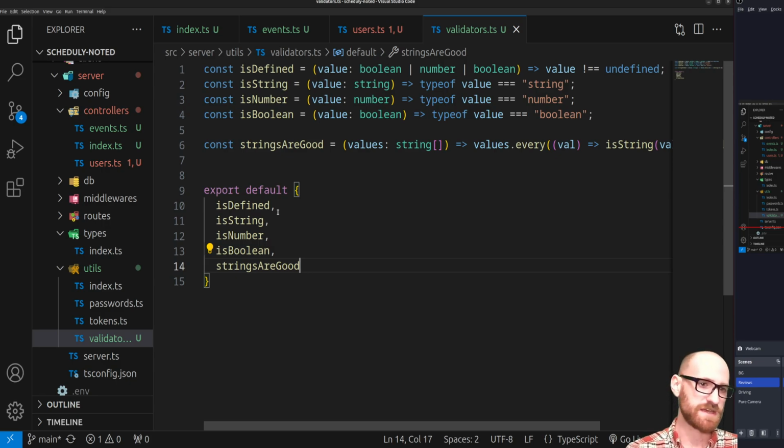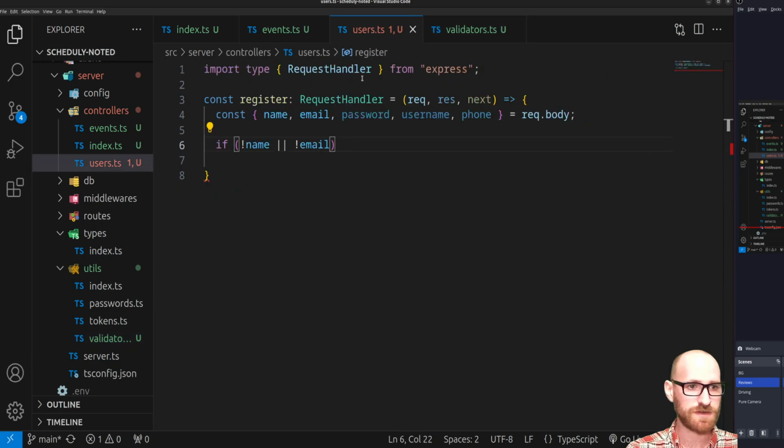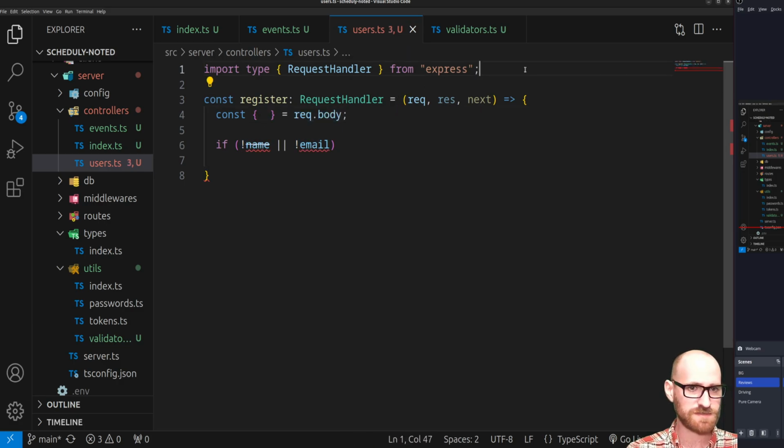I'll continue adjusting this as we see fit, but now I have this strings are good array checking method where I just dump pretty much everything from the rect body in, and the array.every function returns true or false whether or not every element matches these conditions. So this is going to give me true if every value in my values array is a string and is truthy, and if I have one thing deviating from that, it'll say false. So it's not going to tell me which one deviates from that, but the nice ease of use of that is I can cut all of these out,